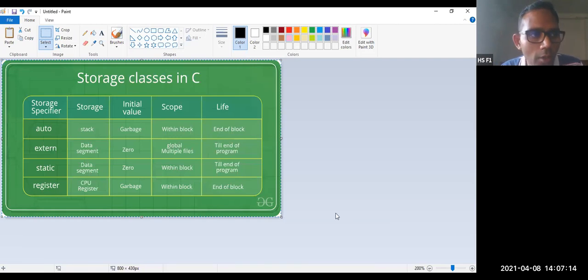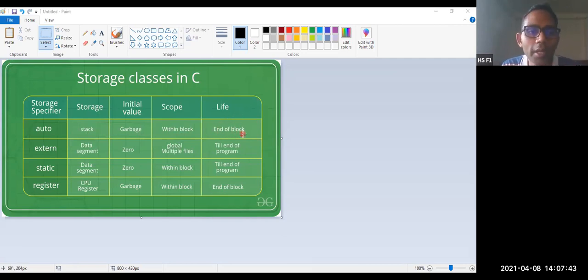diagram or picture which states the type of the storage specifier, that is auto. Now the storage for an auto variable is at stack, then the initial value is a garbage value. The scope will be within the block, means the opening and closing flower bracket, and the life is the end of the block.